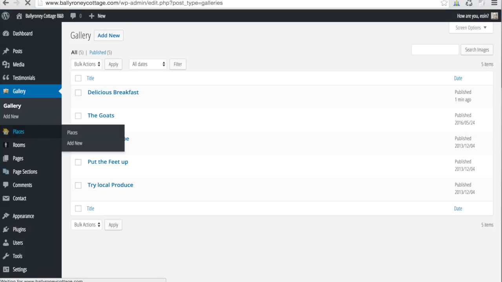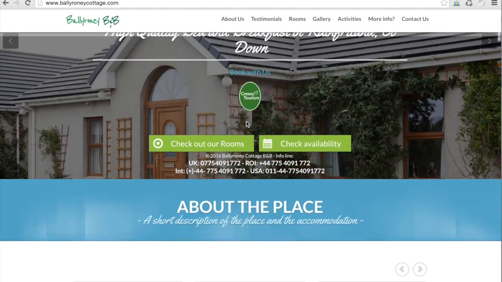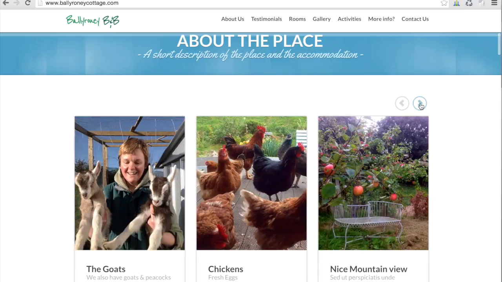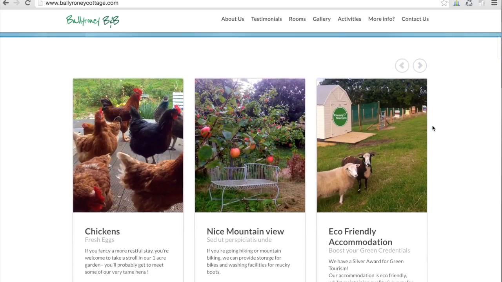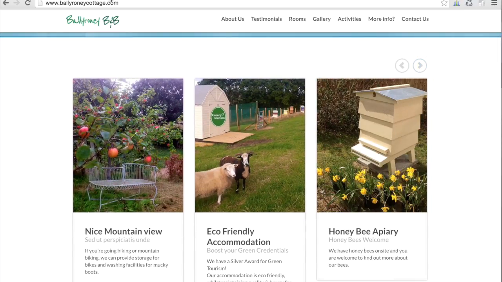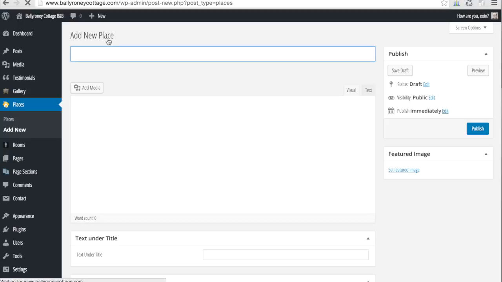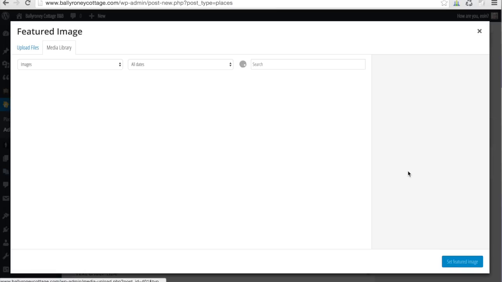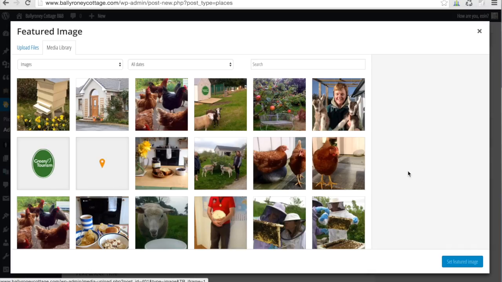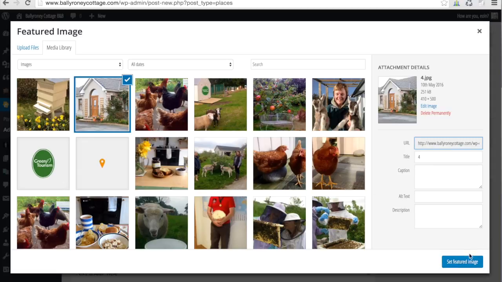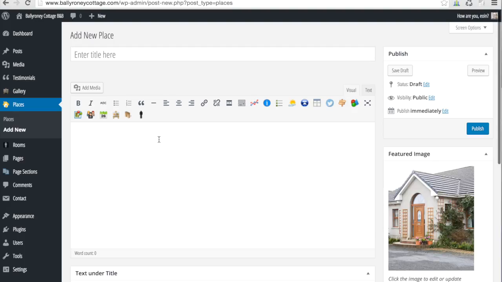Going down to places. Places should be at the very top of the website here, and these are interesting places throughout the property, in the entire property. So once again, we will add a new place. I had wanted to take a photograph of something like this, put it in, and put on excellent,